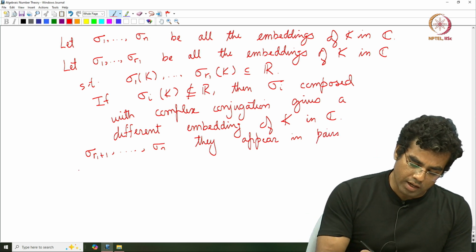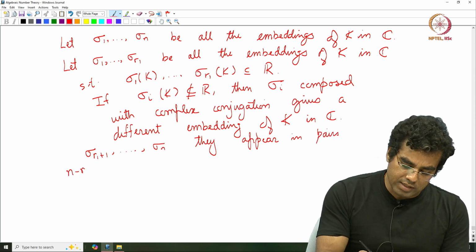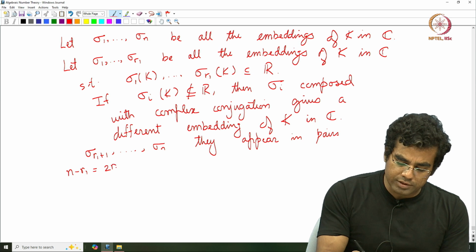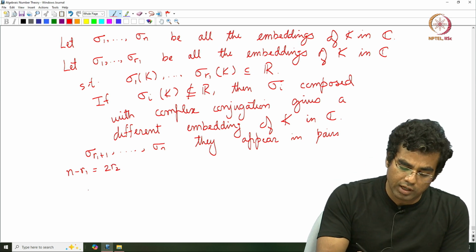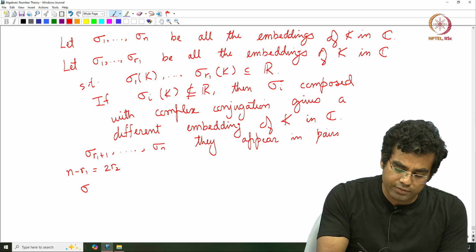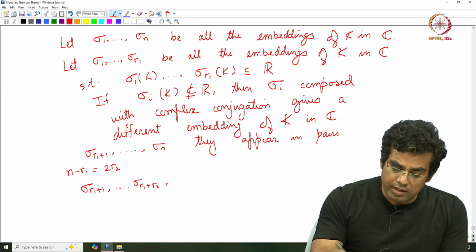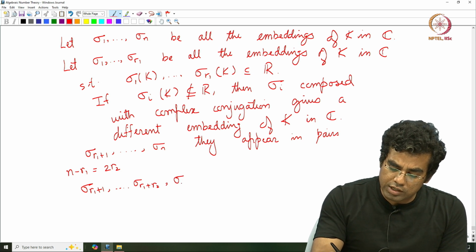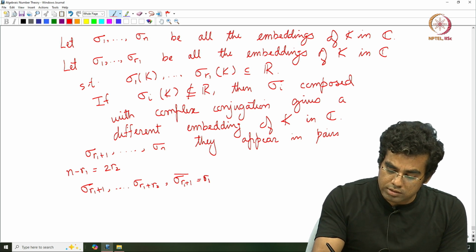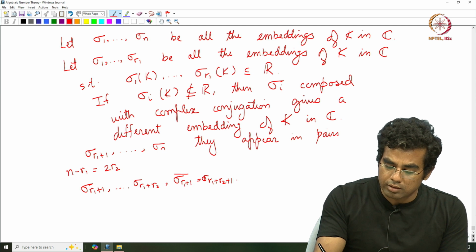Okay. So, I will denote n minus R1 to be 2 times R2. Okay. And what are the pairs? I will arrange them as follows: sigma R1 plus 1 and so on up to sigma R1 plus R2, and then the complex conjugation of this. So, sigma R1 plus 1 bar, which is sigma R1 plus R2 plus 1, and so on